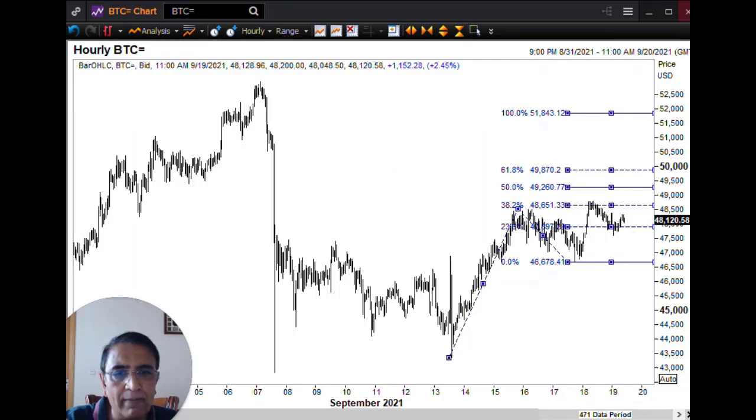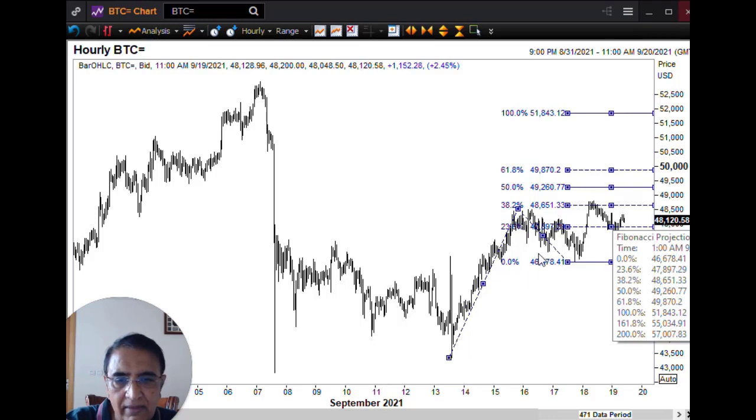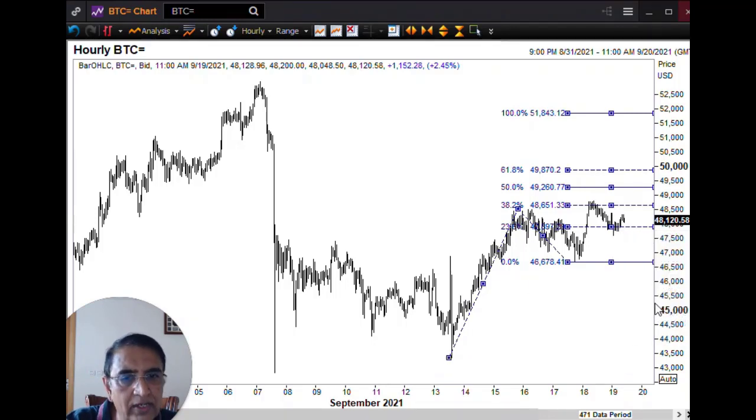If it fails to go above any of these levels, even from the current levels, if it fails back at this top on a retest, then get ready to sell, because Bitcoin should be coming off fairly quickly if this outlook is right. Look, I always tell you that I don't know the future, but we have a method to follow, and we should take those trades which seem to be plausible.